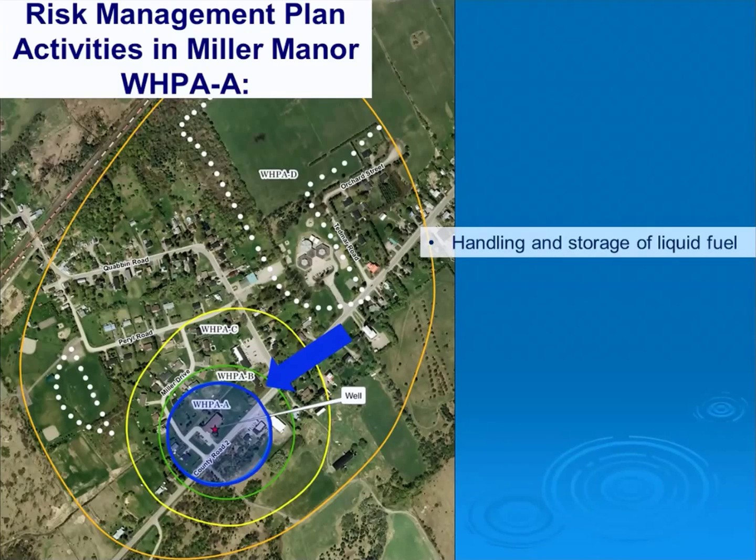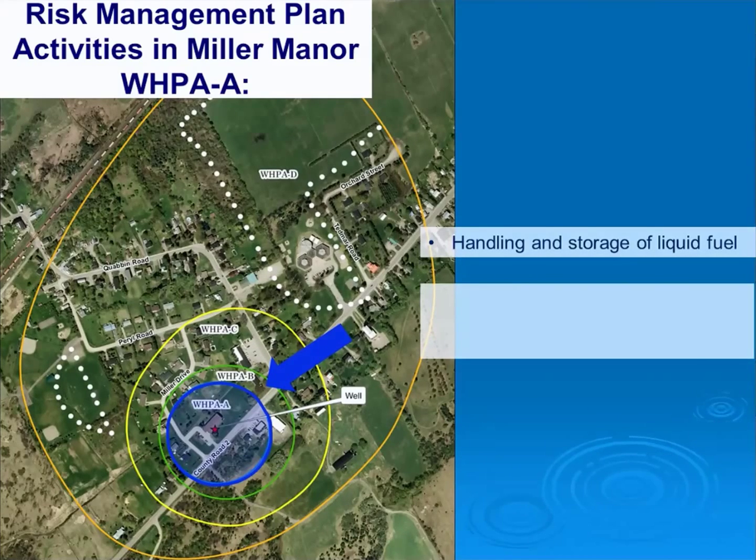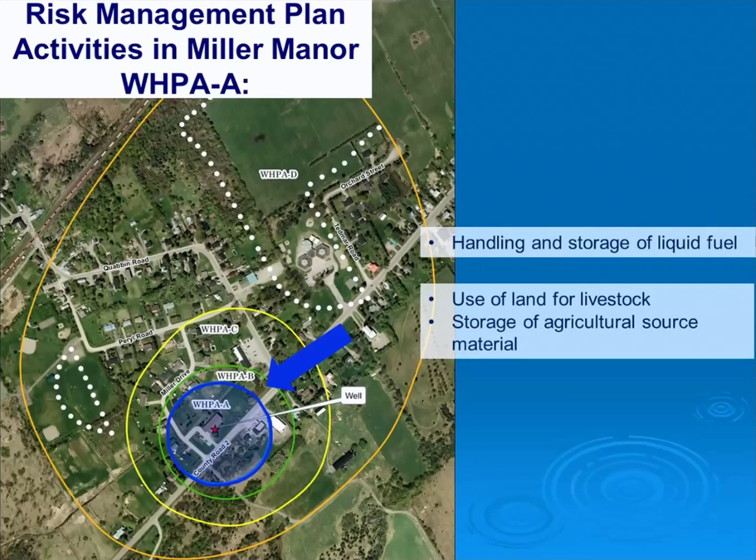Policy 6.5.2 requires risk management plans in Wellhead Protection Area A for the following activities: the existing use of land as livestock grazing or pasturing, an outdoor confinement area, or farm animal yard, and the existing storage of agricultural source material. The risk management plan should be consistent with the requirements of existing regulation and agriculture best management practices, and recognize